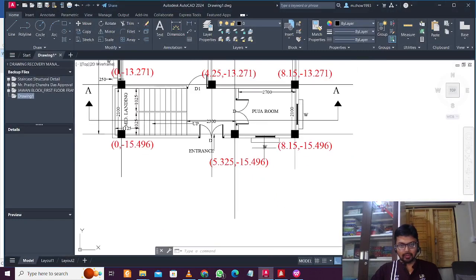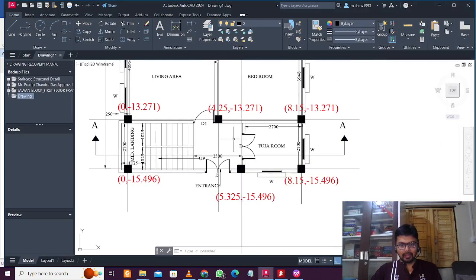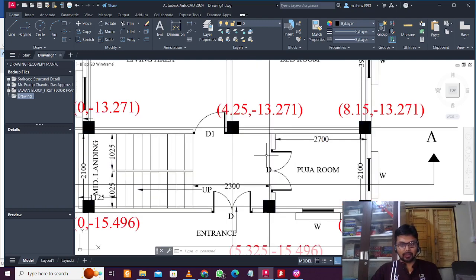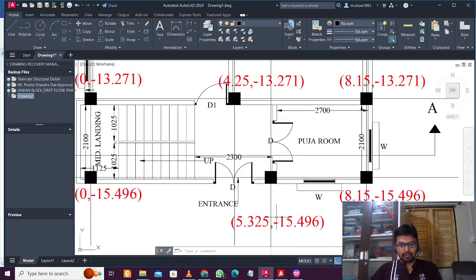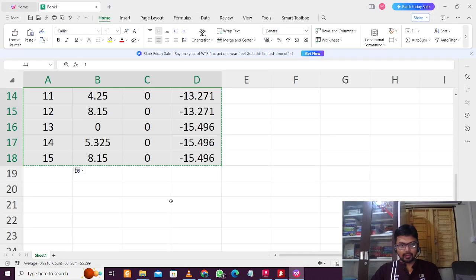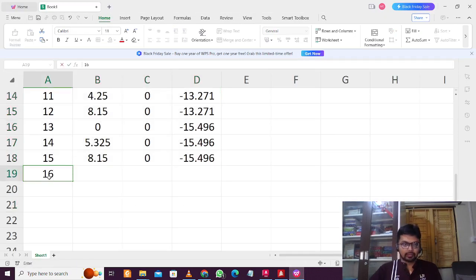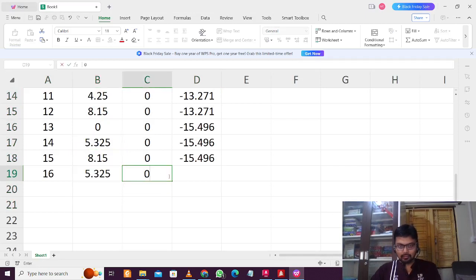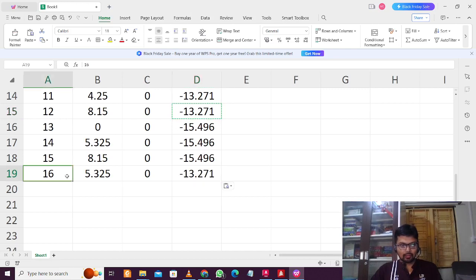If I want to give a beam here, we might need to, because otherwise this particular slab would be too large when you go upwards. So it's better if we give a beam here. So it will be 5.325 comma 13.271. Okay, 16. And just copy this,